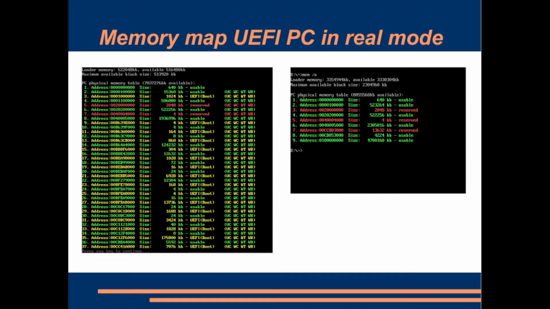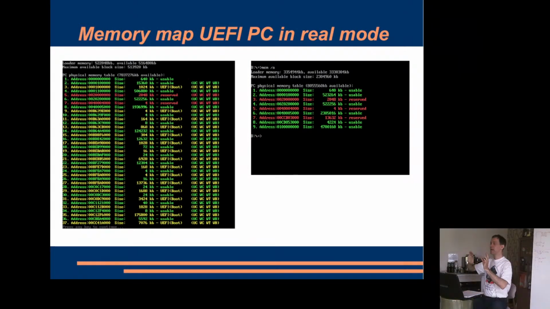Now, here's the problem. It needs to turn into the memory map that you see on the right, because it's expecting something that resembles this. So the UEFI loader has to be smart as to how it builds up the memory. And eventually this, where it tells the OS2 kernel, well, you can use this bit of memory on the UEFI system, and you cannot use that. That all has to be transferred to the kernel, and then the kernel can load. So that's another thing that the kernel does.